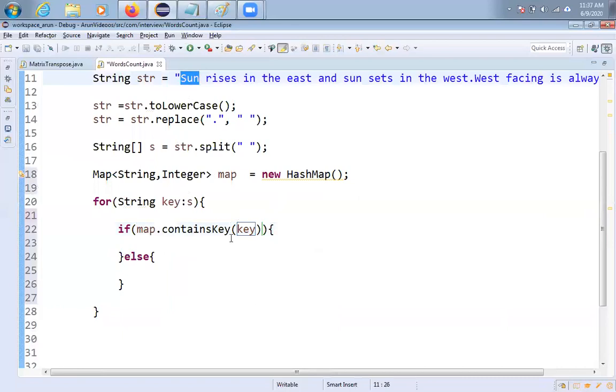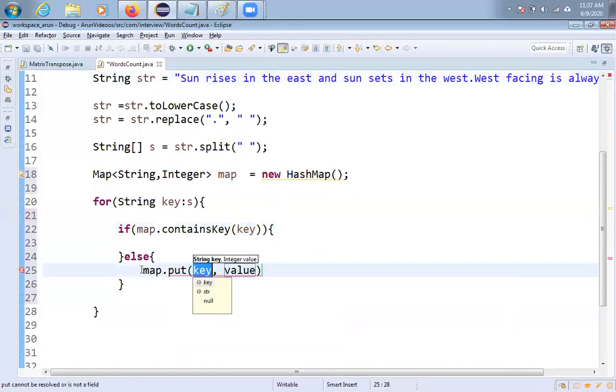If it is not available, first time, then what I am doing is I pass the key and value, first time, right? How many times? Only one occurrence. That's it. If it is a new word, directly I am inserting and value is 1.